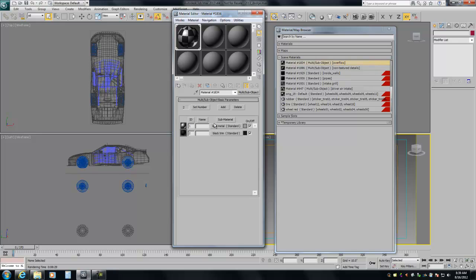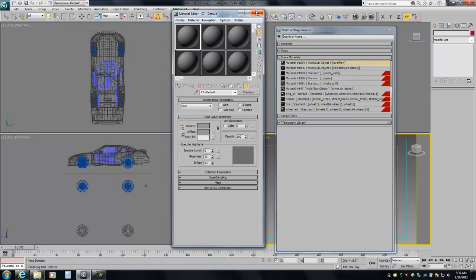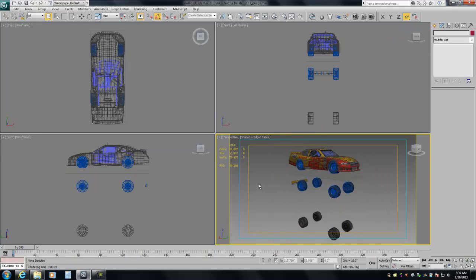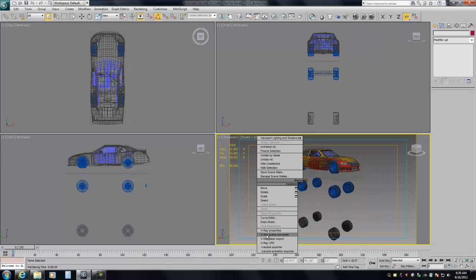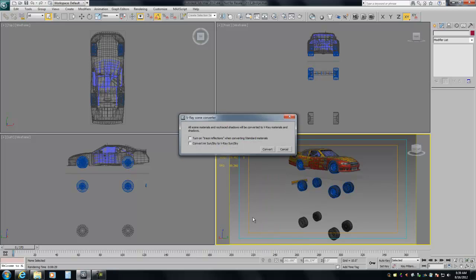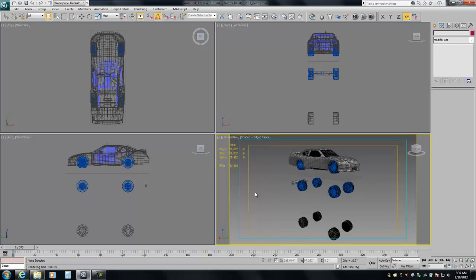Alright, so at this point, there are no lights and cameras, and all of the materials are standard, Max standard materials. So we're going to do just a quick and dirty convert. So we right click, go to Vray Scene Converter, we're going to turn on reflections and convert. Okay. Next we're going to add a camera